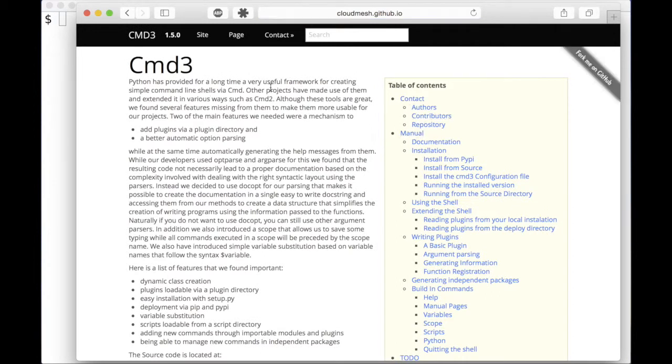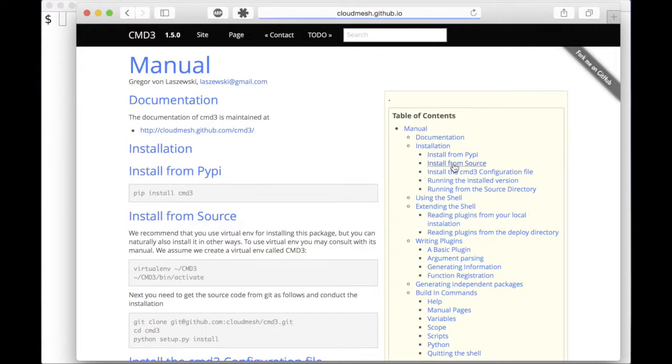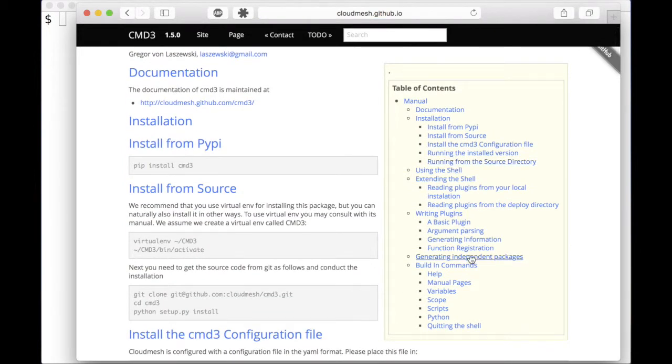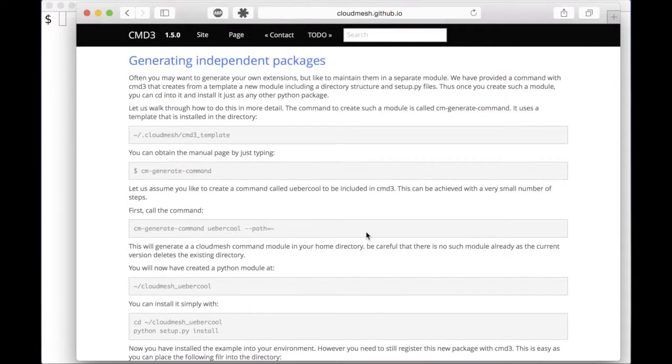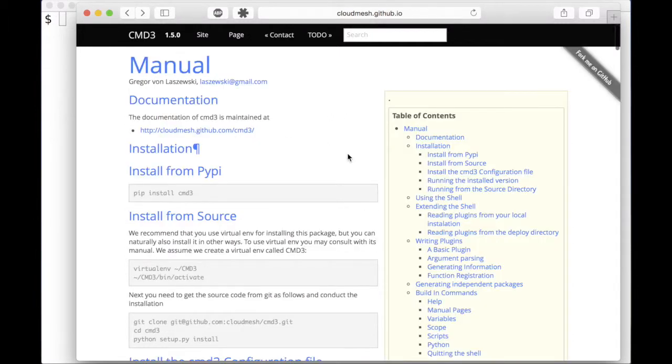And here we can find a manual as well as a small introduction to CMD3, which is our shell that we want to extend. And we have an extensive manual, and in the manual we will be focusing on generating an independent package that extends a command to Cloud Mesh. So let us start with